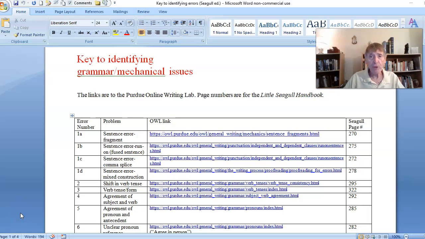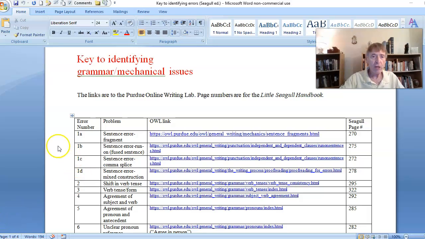Print out a copy for yourself so you have it at hand when you are looking through the comments in your paper, because there will be two types of comments. First of all, there will be written comments, so that I might, for example, tell you that you need to be more concise here, or you need to just revise a sentence or place it elsewhere in the paragraph. But there are also numbers that refer to specific grammatical issues.